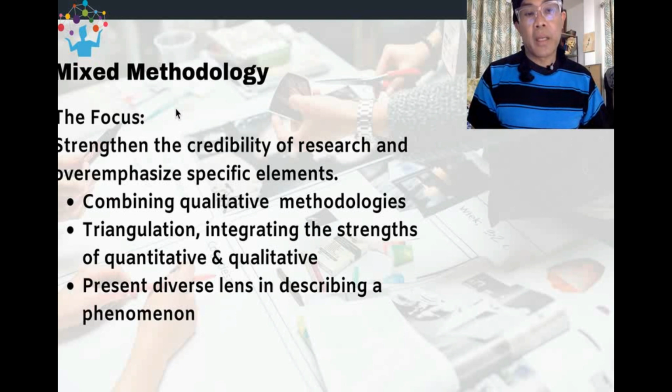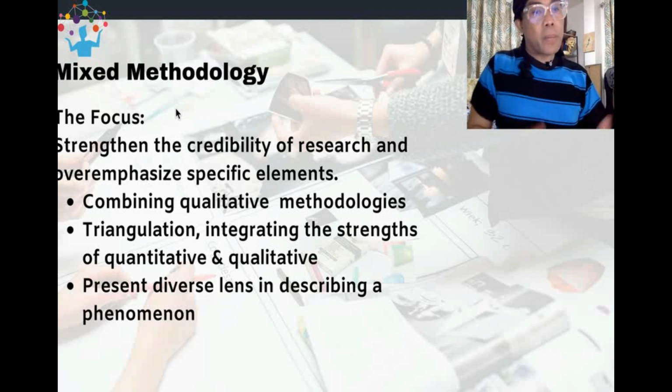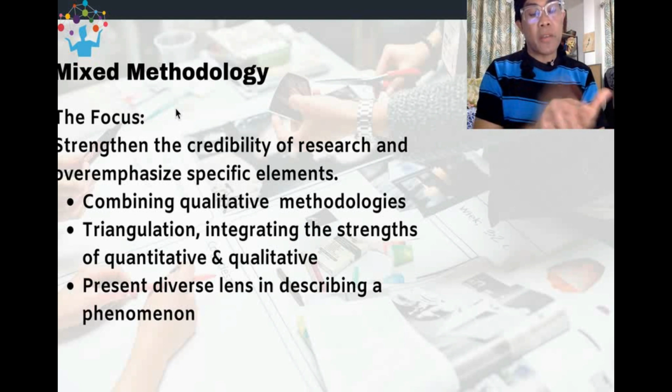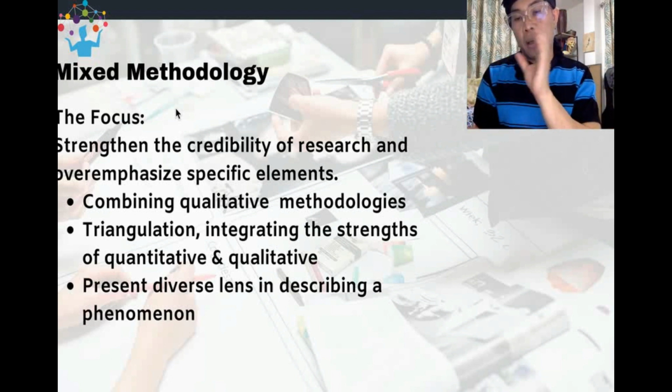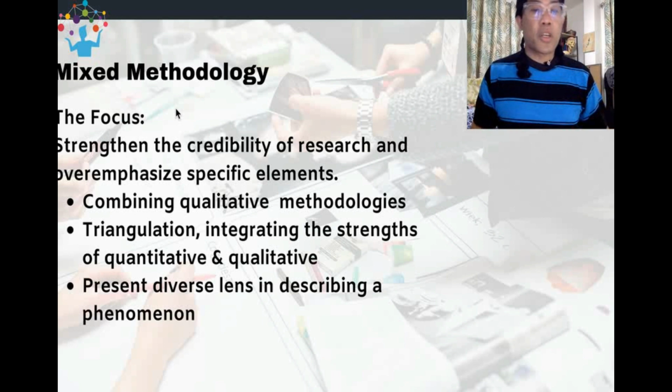Again, the goal is to strengthen the credibility of research and to emphasize specific elements. If you would like to emphasize specific elements, you make use of mixed methodology. There are some elements that can be emphasized by quantitative research, and some elements of the research that can be highlighted by qualitative research. So it's a combination of